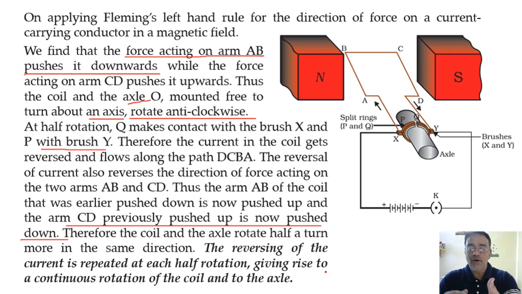So AB जो coil है, उस पे अगर हम लोग Fleming's left hand rule यूज करेंगे, so कुछ ऐसे आएगा. This is the direction of current, magnetic field. So AB नीचे आ गया, and this is the position of CD ऊपर आ गया. अभी after half rotations AB will come here and the direction of current will change, मेरी तरफ आएगा. So AB फिर से ऊपर आ गया और CD नीचे आ गया. So ये process चलता रहेगा and we'll get the complete rotation. In this way the electrical energy is converted into mechanical energy.